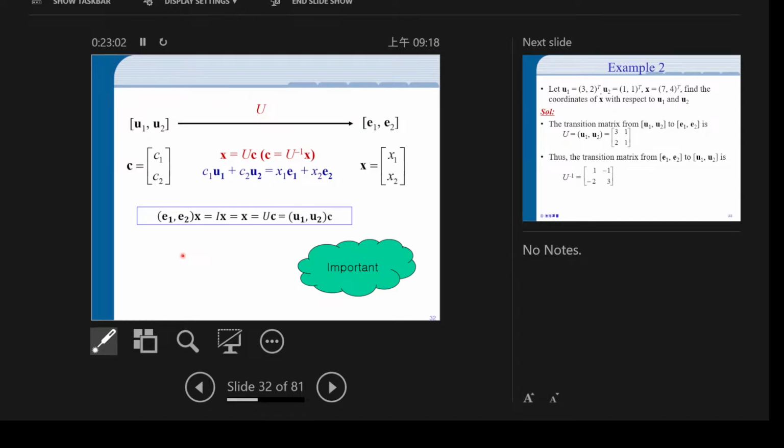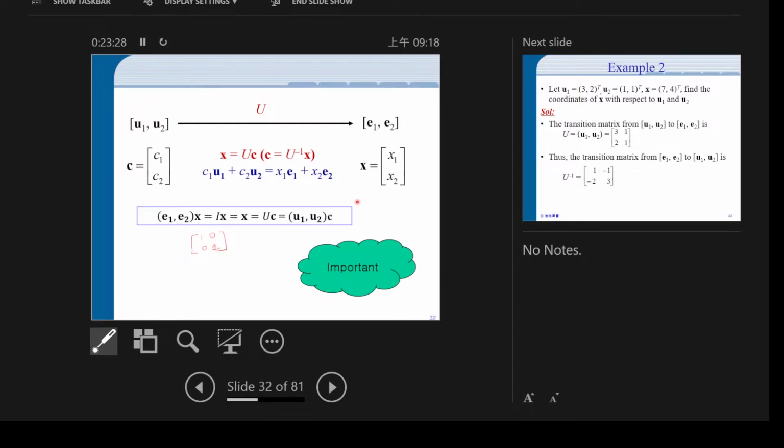And now the standard basis E1, E2, when you write it out as a matrix, is just the identity matrix, being 1, 0, 0, 1. Okay? Because it's a standard basis, so E1 is this 1, 0, and E2 is this 0, 1. Okay? And so